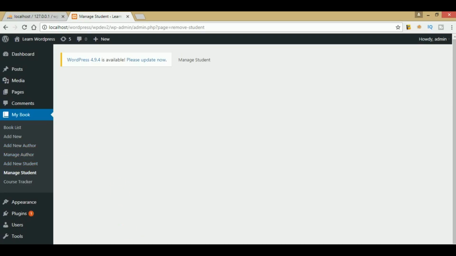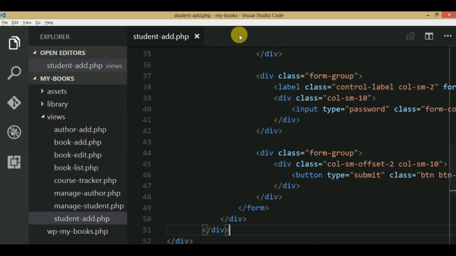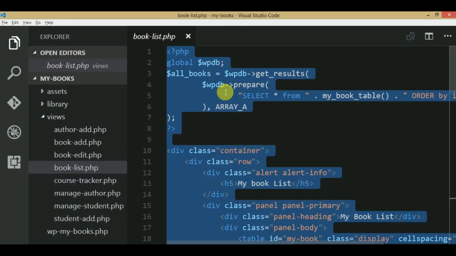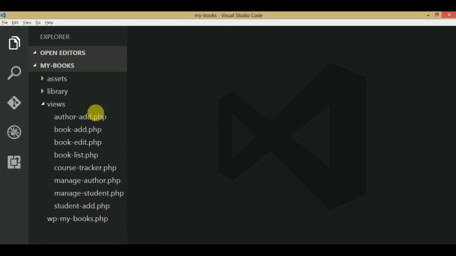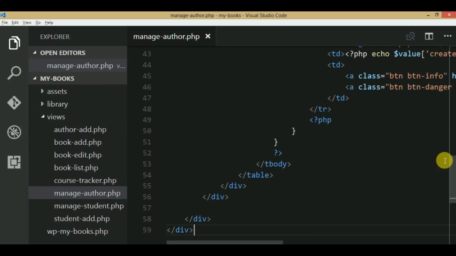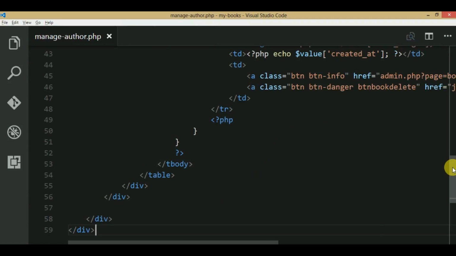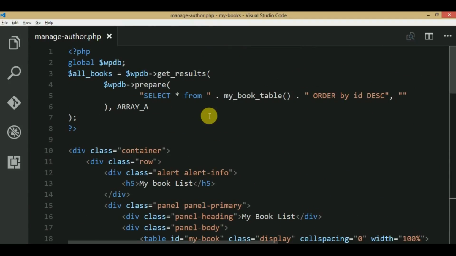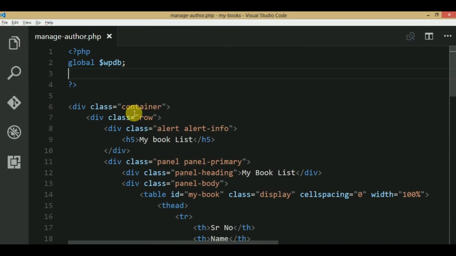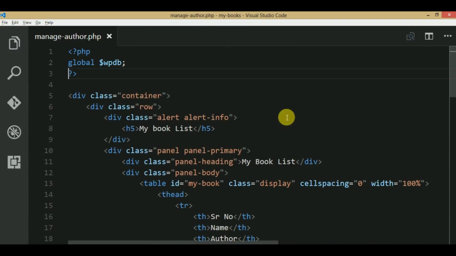Okay, so before closing this tab, let's open the book list page, copy all this text, close this tab and open the manage author page. Okay, instead of this text, please paste all the contents that we have copied. Okay, so according to our need, we need to adjust this page, so just get rid of all these contents for now. Okay, and now let's say my author list. Okay, my author list,